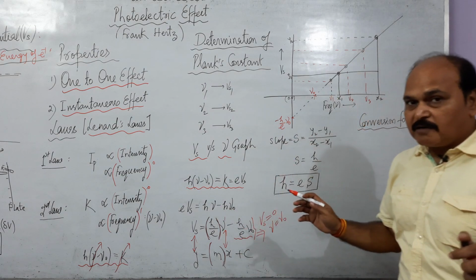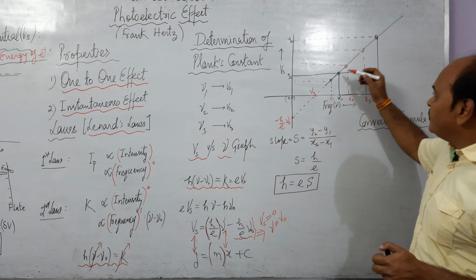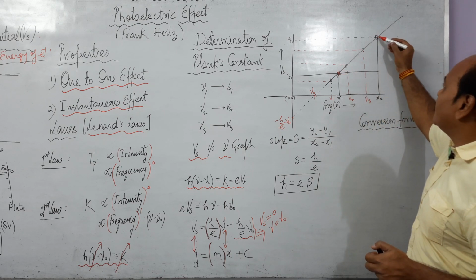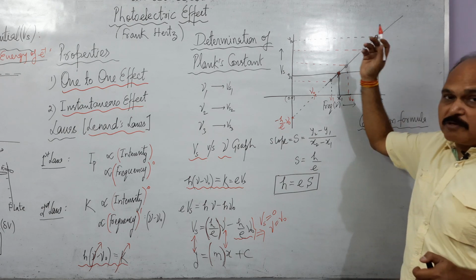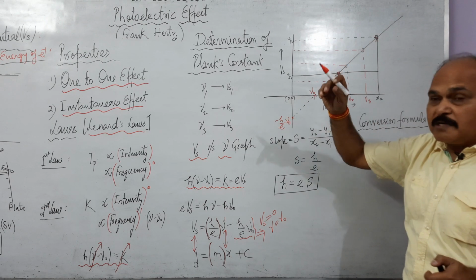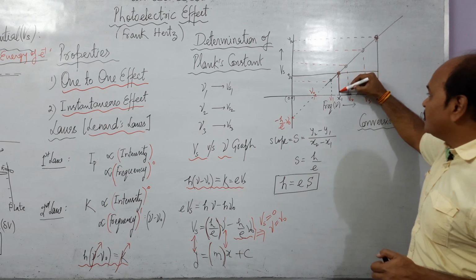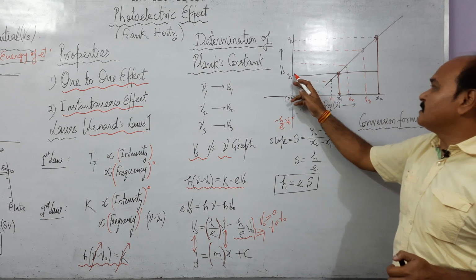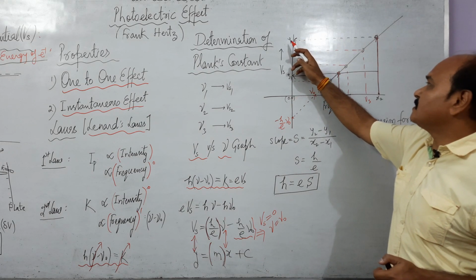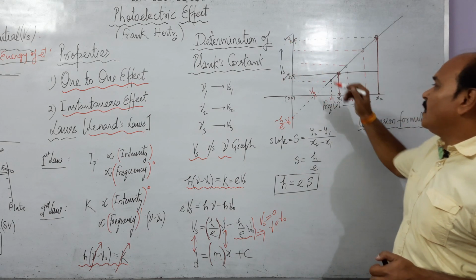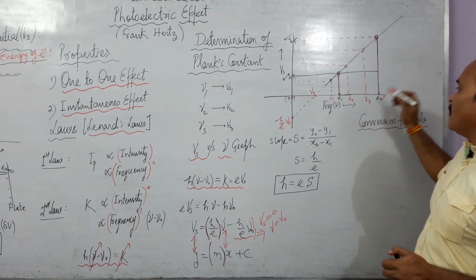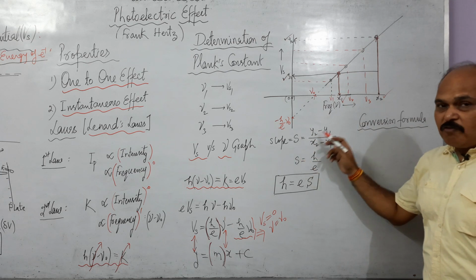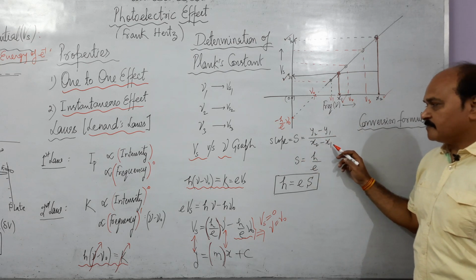So after making this graph, we mark 2 points over this line of best fit, and read the position coordinates of these points on the x-axis as well as the y-axis. On the y-axis, these position coordinates are y2 and y1. And on the x-axis, these position coordinates are x2 and x1. So what is the slope of the straight line? The slope is going to be (y2 − y1) upon (x2 − x1).